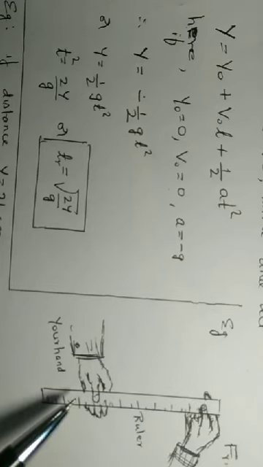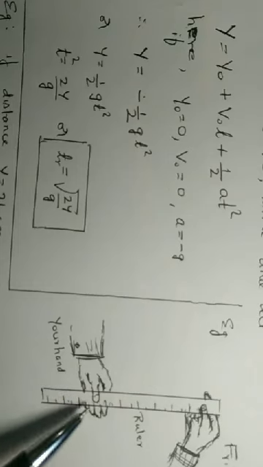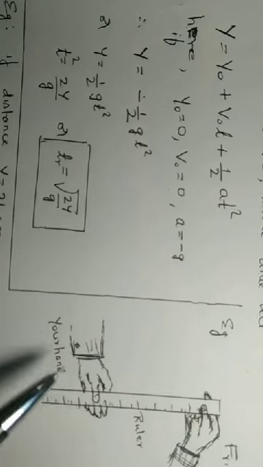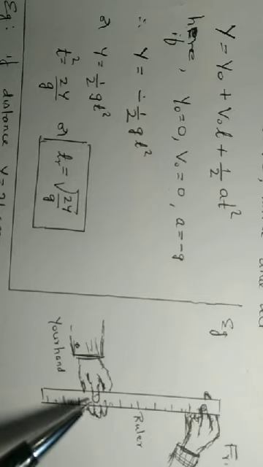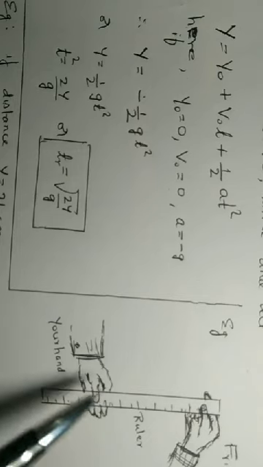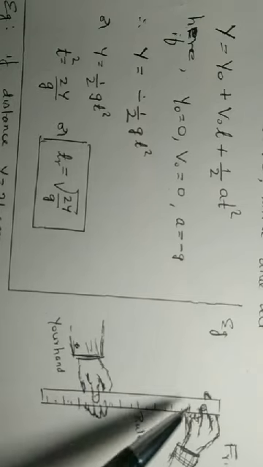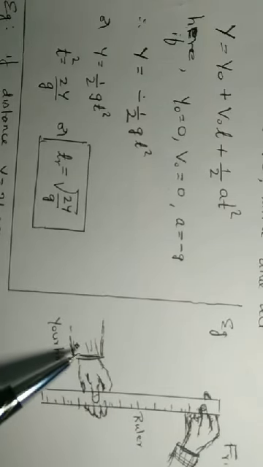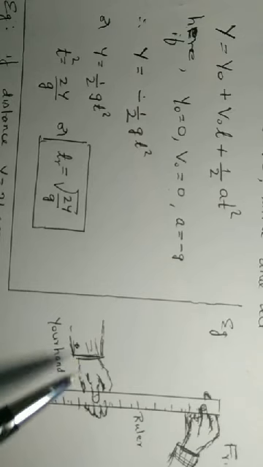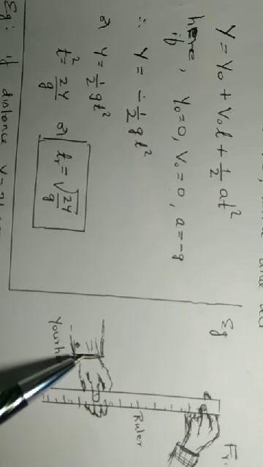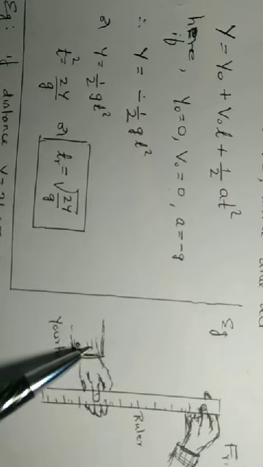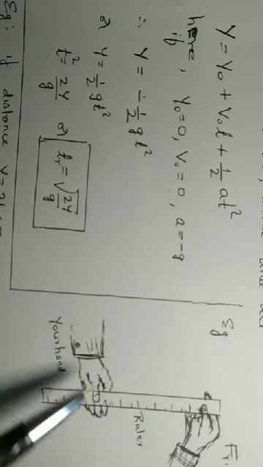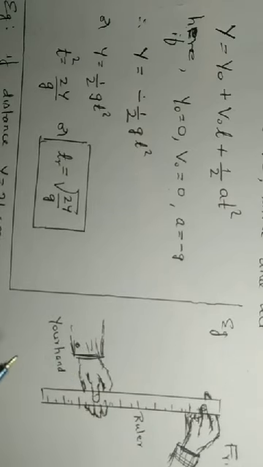Because before holding the ruler, he has to think, he has to react, and then he has to hold it. Otherwise you would have held at that point only. You can't hold at that point because the ruler will move a little bit down. You have to think, you have to react, then you have to hold it. So this is nothing but the reaction time.